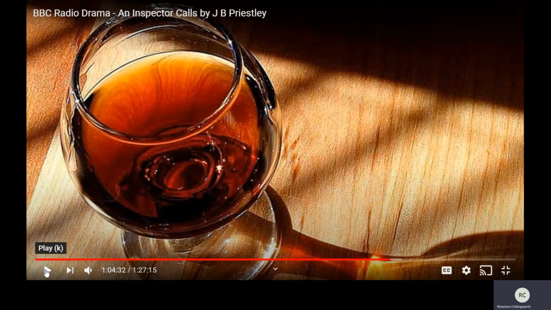Now, obviously, there's the dramatic irony here that the audience members would know that in 2 years' time, World War I is going to start. And then following that, World War II. And they will know that both those wars, as horrific and horrendous and destructive as they were, did a lot to further the causes of socialism, of social justice and equality. So what Priestley's saying here is if people will not learn this lesson the right way, then they will be taught it through suffering